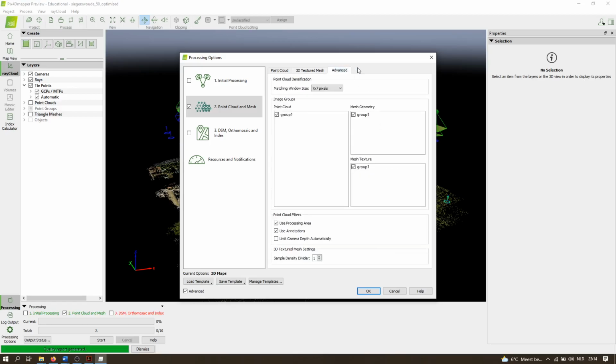Then finally, we have the advanced options for the previous settings. The matching window size is the size of the grid used to match the points in the original images. With the image groups, you can determine which image groups, if you have more than one group, for example a group of visible light cameras and a group of thermal cameras, should be used for either the mesh geometry and